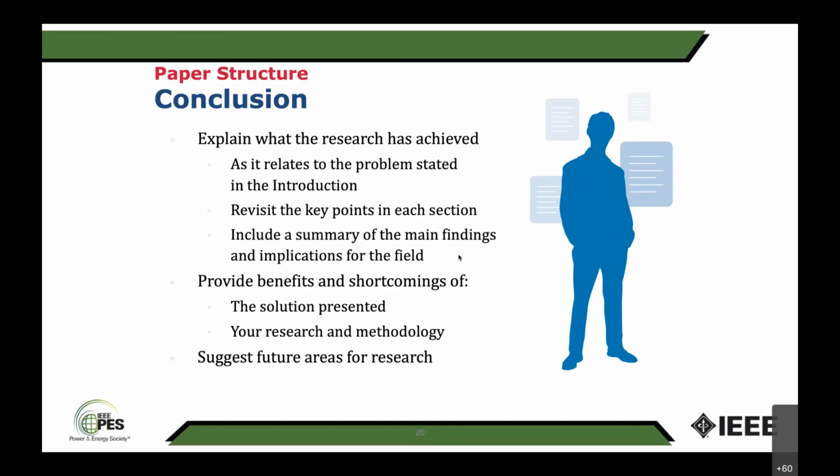And then research and methodology. You have a neural network methodology, which is fine, define it. But finally, I'm saying at the bottom of the screen, suggest future areas of research. Very important. We cannot expect you, the author, to solve the world's problem in one paper. It's not possible. So you will always say, I have done this much work, results look good, but I could have done more. But I cannot do all this work in one paper.